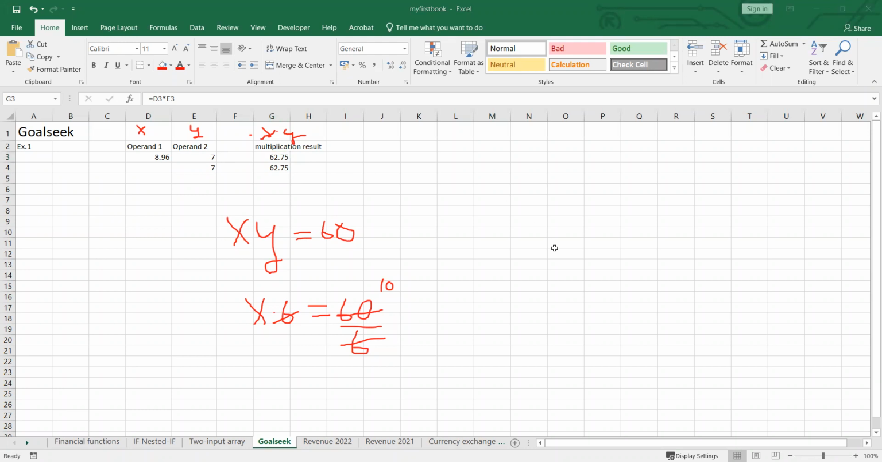So in the real world, what are we going to do in this one? Assume that you produce t-shirts and each t-shirt comes from various components. For example, you have fabric, you have paint, you have the thread that you have to weave for the t-shirt, and